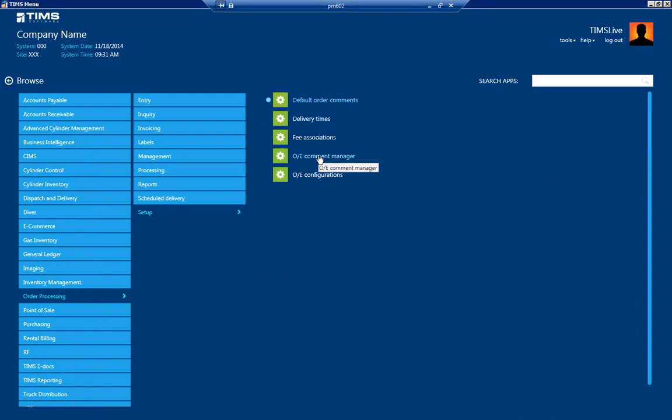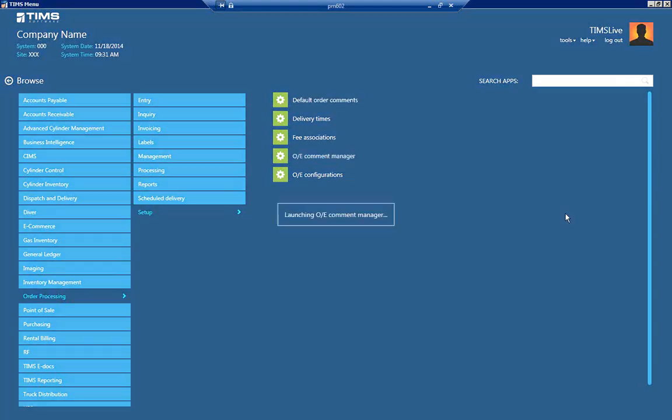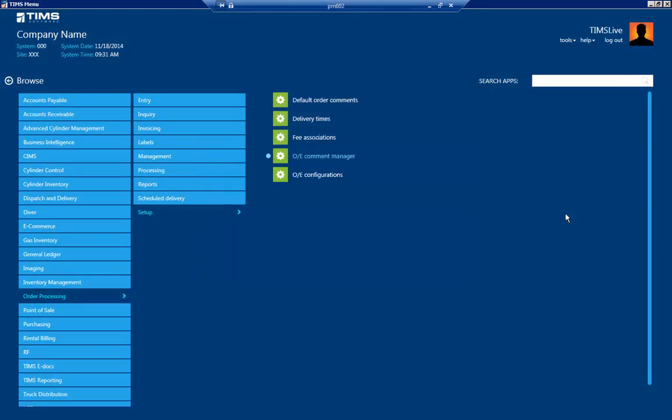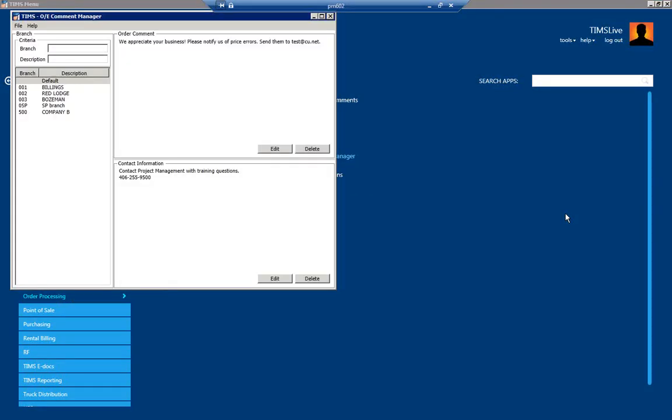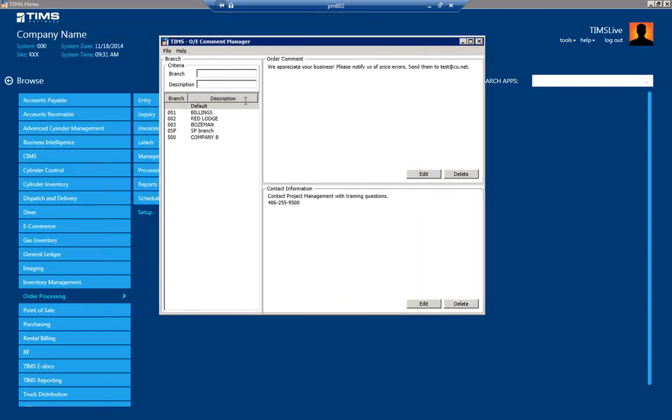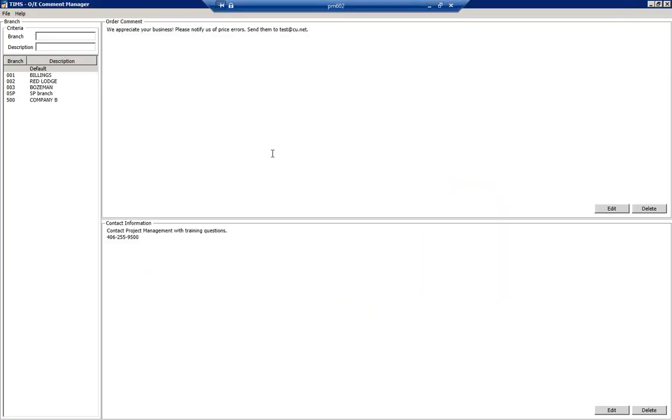The new application we have here is called OE Comment Manager. That's under Order Processing, Setup, OE Comment Manager. It's a newer application, but it's very simple, and this is what we get. Let me see if I can make it a little bigger for everybody. What you have over here on the left-hand side is a listing of all your branches. And what you can do here is simply edit the order comment and the contact information comment